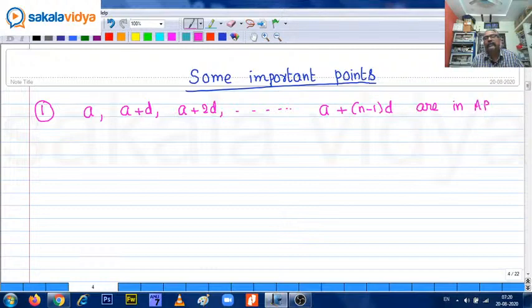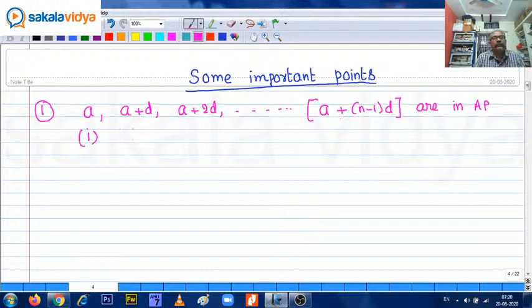arithmetic progression, because in most of the problems we come across the general form of the arithmetic progressions. The problems will be related to the arithmetic progression. That means we should know first of all what is the general form of the arithmetic progression. So if a, a plus d, a plus 2d and a plus (n minus 1) into d are in arithmetic progression, a is the first term, the second term, third term, this will be the nth term, and next,